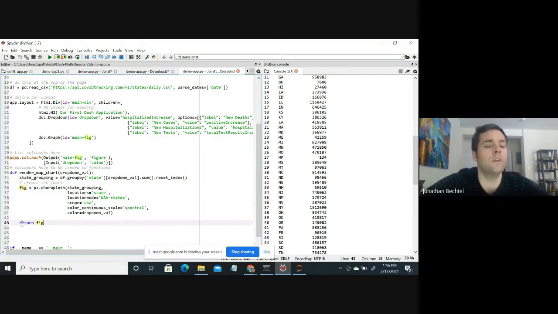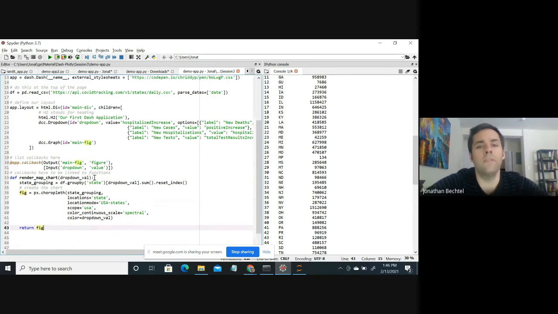So this is what the function is returning, and that's what we're passing in to the figure attribute right over here. And so this is basically this perpetual motion event loop where people can continually select something and then run a function to get some sort of new value and then pass it back into whatever element we want to change. All right, so now if we do this,